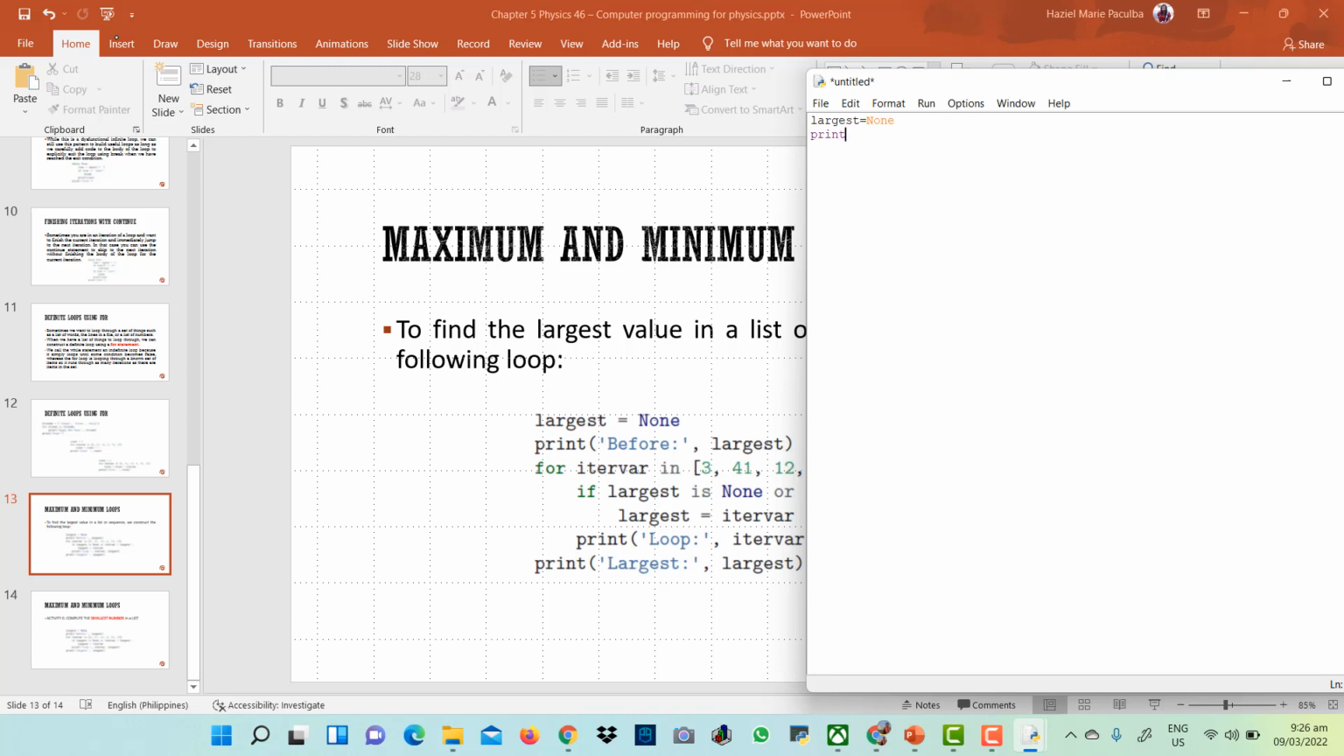Print before, largest. For iter var in a list, say list na ako: 3, 45, 65, 2, 12, 67, 3, 2, 5, 50. So I have that list of numbers, semicolon, a colon, and then if largest